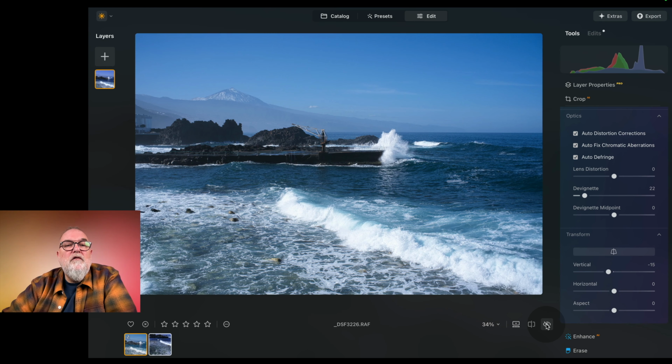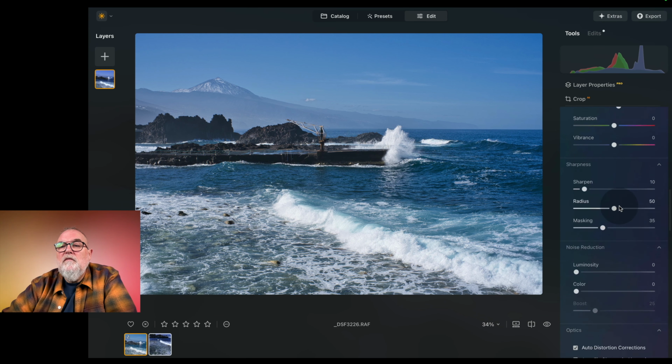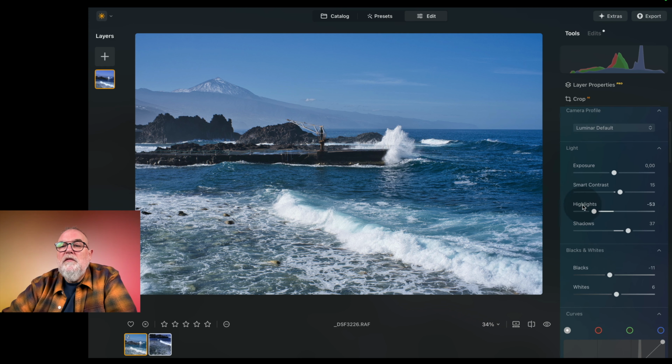So let's see before and after. As you can see, the area here, the whites, I could put the highlights a bit lower, even a bit more low. Okay, it doesn't matter, it's just to show you. So right now,